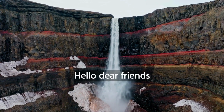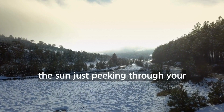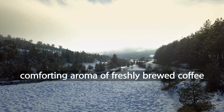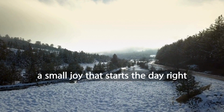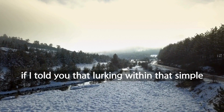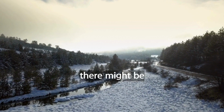Hello, dear friends. Picture this, that quiet morning moment, the sun just peeking through your window, and the rich, comforting aroma of freshly brewed coffee filling your kitchen. It's a ritual many of us cherish, a small joy that starts the day right. But what if I told you that lurking within that simple, unassuming coffee filter, there might be something a little